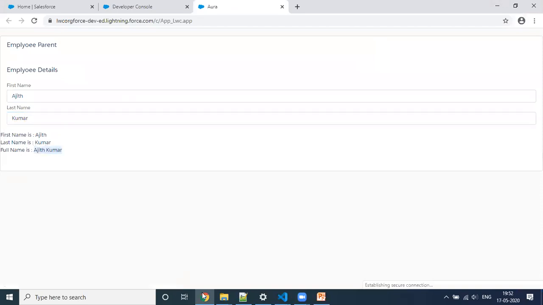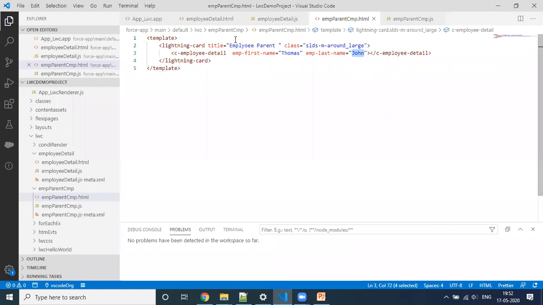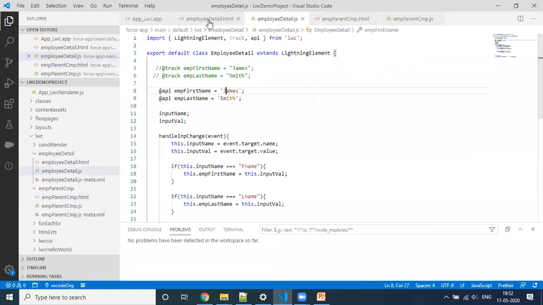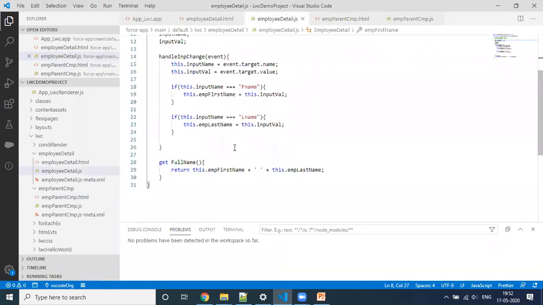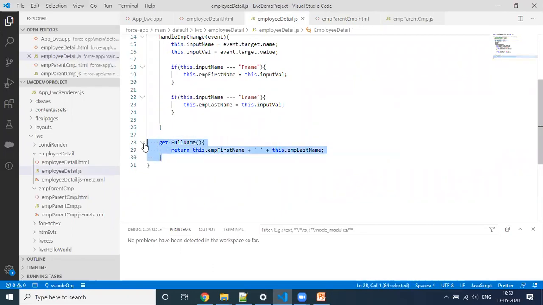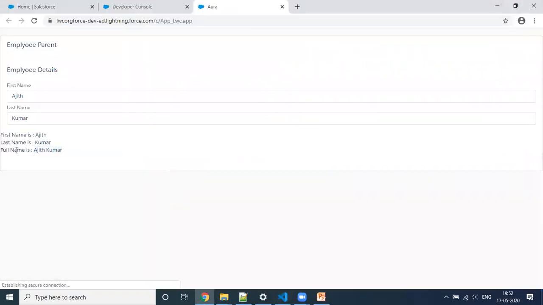Whatever value you are passing from the parent is displayed on the child component, and when we change the value, this getter property is re-rendering, so we get the full name with the updated value.